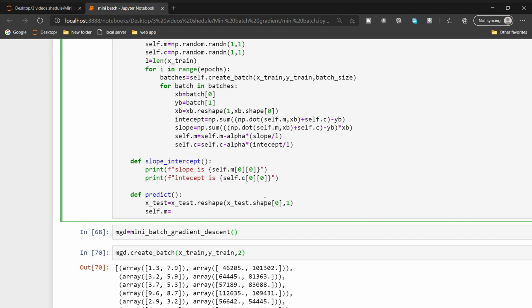If you are getting any dimension error, reshape based on that. So I follow this order only. First trial and error, then we set the exact dimensions. Self.m.reshape(self.m.shape[1], self.m.shape[0]).